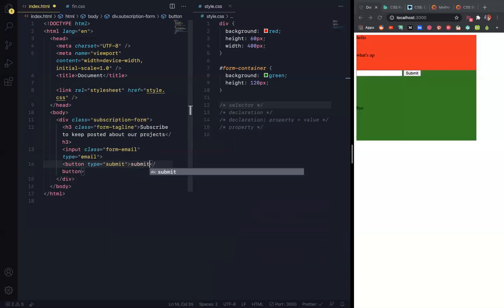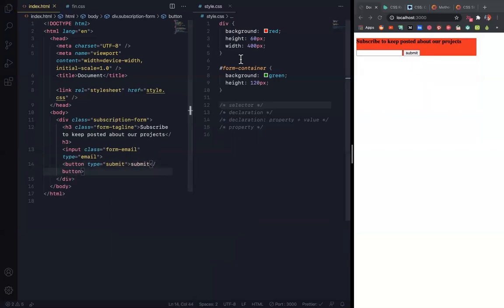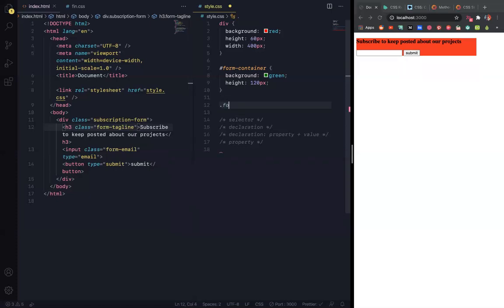Well, if the subscription form is the only element in our website, this might start making a lot of sense. Oh yeah, like I'm naming this subscription form, and then I'm giving the H3 a class, and I can just target all of these separately. I can give my form tagline some style. I can give my form email some style,